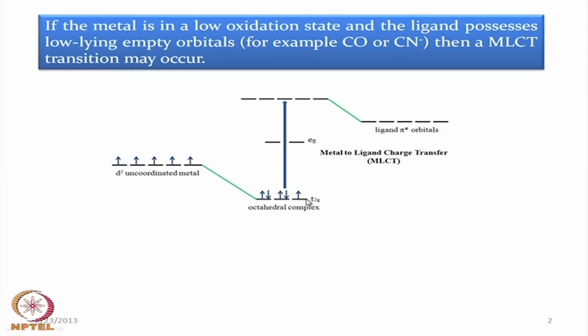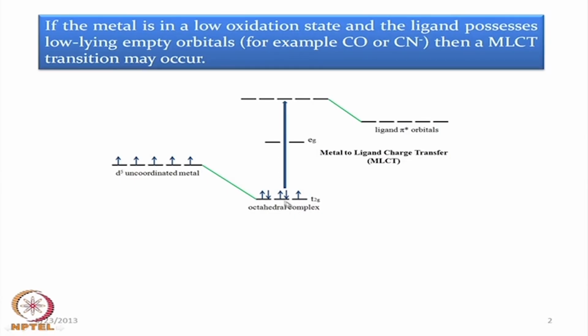and those t2g5 electrons will be there, and we have the other metal orbitals which are empty. The eg level is also available there, and we have the ligand pi star orbitals which are of ligand character. So these orbitals are mostly of metal character, with a certain percentage of metal character, and if we find there is a mixing of the metal and ligand character, we can find the metal character from sophisticated calculations nowadays, like density functional theory based